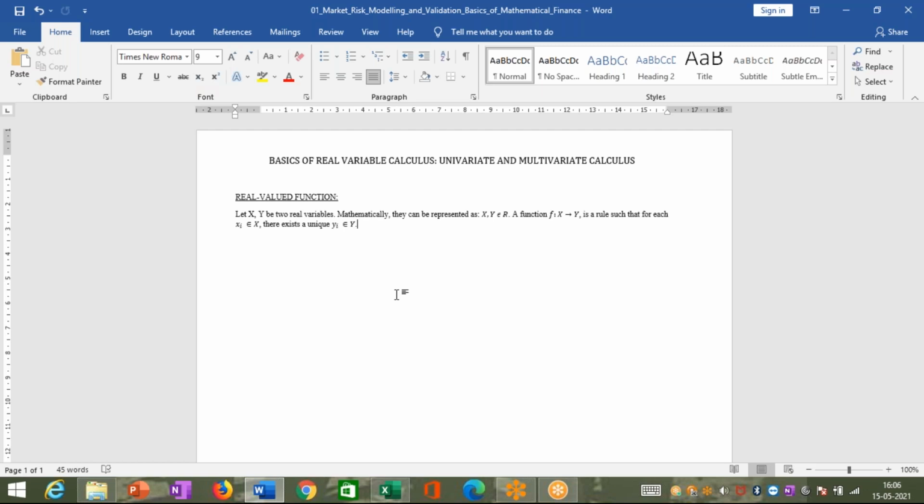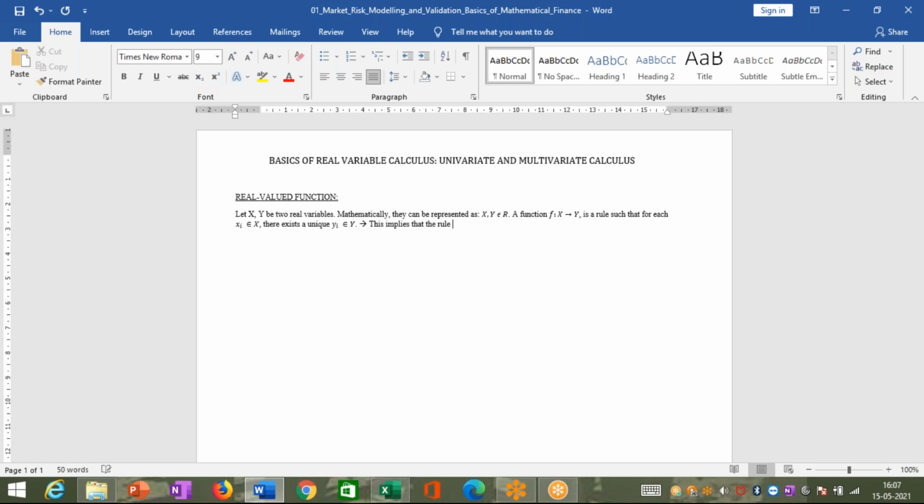So basically, what it simply means is that corresponding to one x, the rule must not map two different values of y. So for a given x, you will get a unique value of y, right? So every time you are putting in x, that rule must unambiguously plot a unique y corresponding to a unique x. So what does this mean? So this implies that